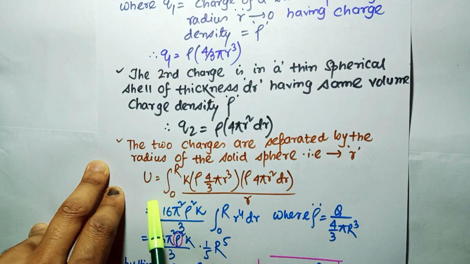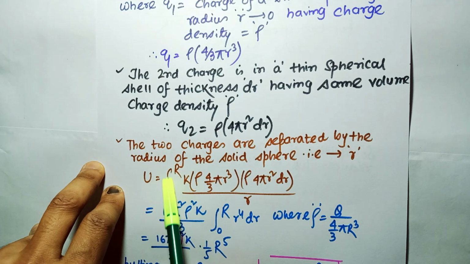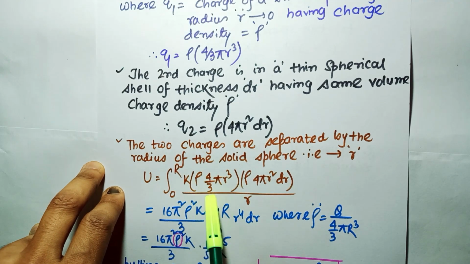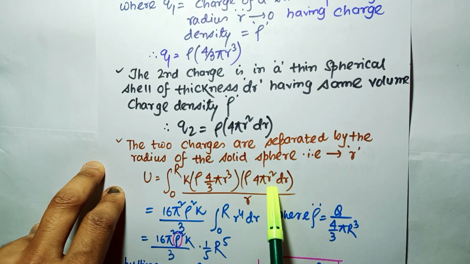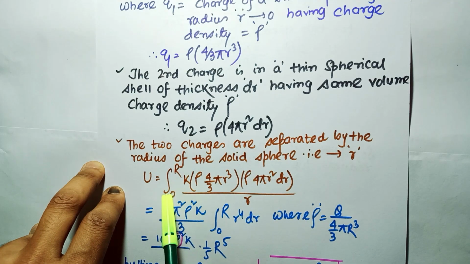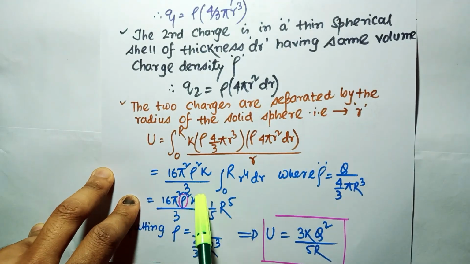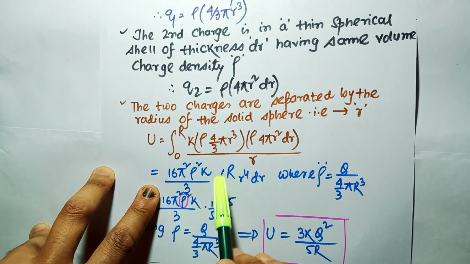So I need to integrate to calculate the whole potential energy to form a big sphere of radius capital R. So U is equal to K, Q1 means rho 4 by 3 pi r cube, Q2 means rho 4 pi r square dr, divided by r, and the integration will have lower limit 0, upper limit capital R. So if I integrate, you can see 16 pi square rho square K by 3, integral from 0 to R of r to the power 4 dr,